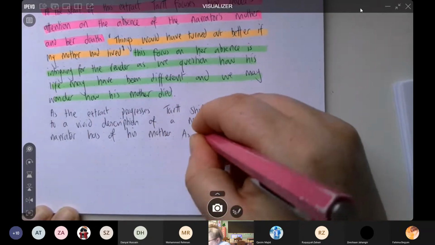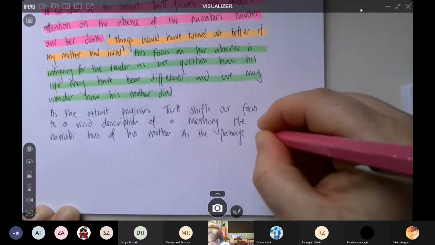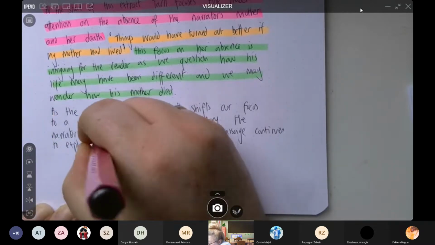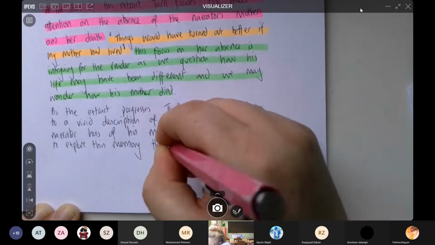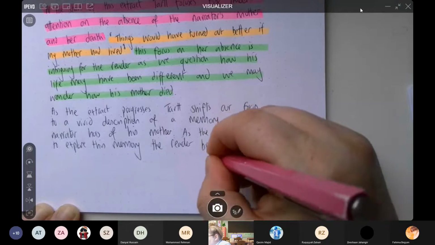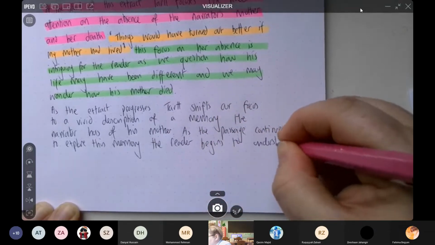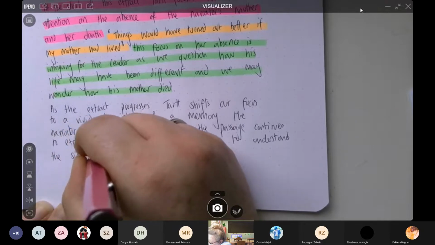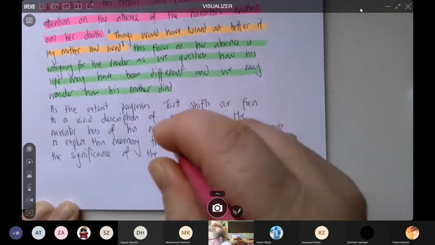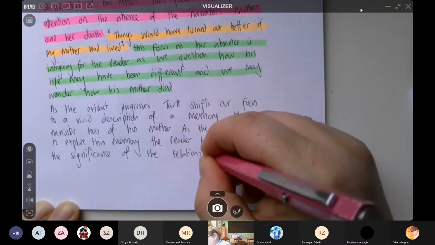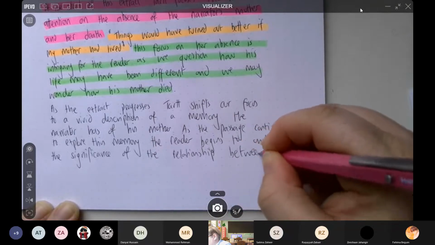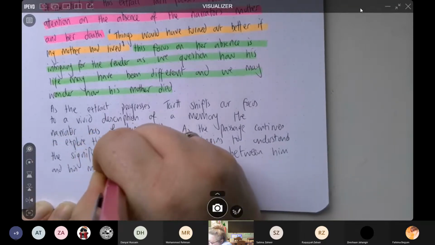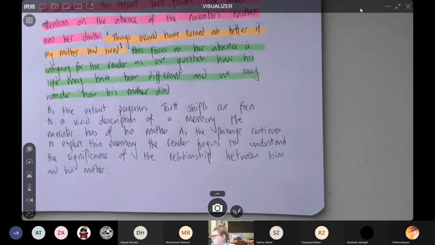So then we might say, as the passage continues, to explore this memory, the reader begins to understand the significance of the relationship between his mother